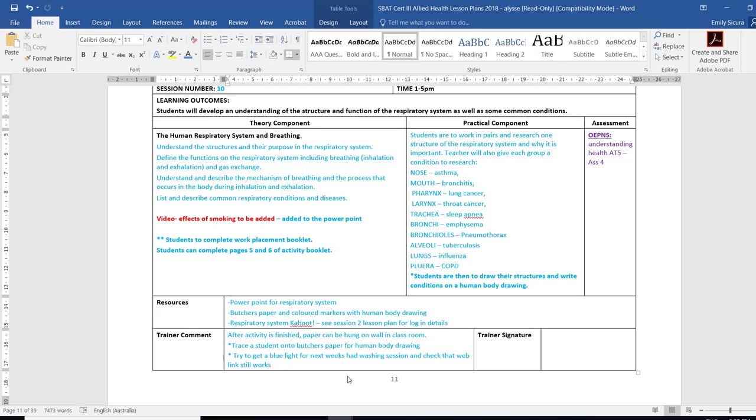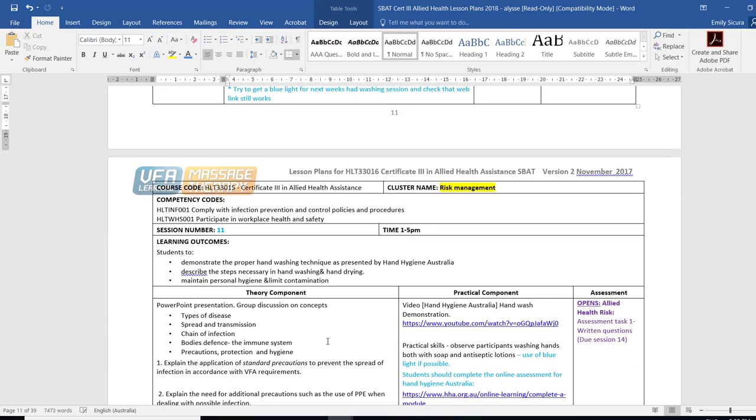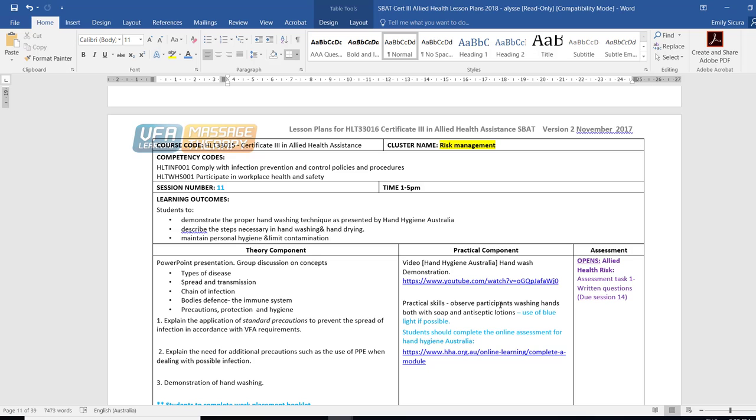So this shows forward thinking, and it's making sure that in the sessions previously you know what's going to be covered the following week. So if I go to next week's session, you can see that there's a video about hand washing. There is a web link for that as well as one for the course that goes with it. So you'd want to be able to check those links to make sure they do both work so that if there is an issue, we can fix it